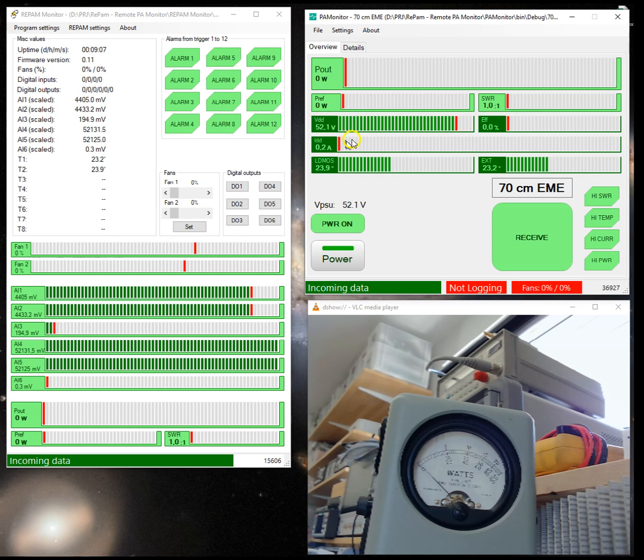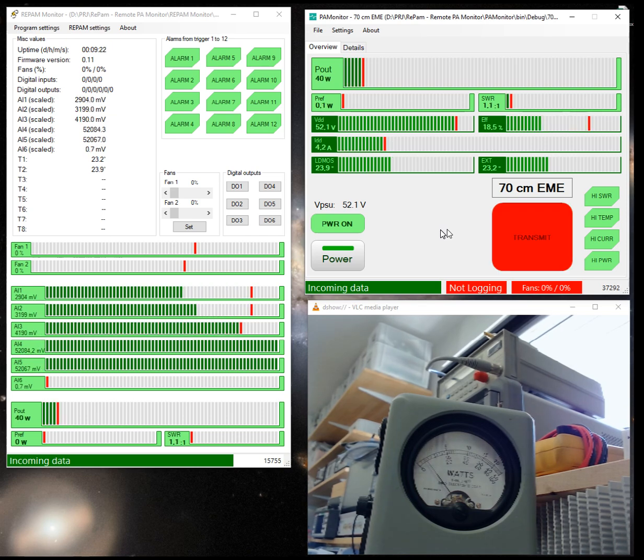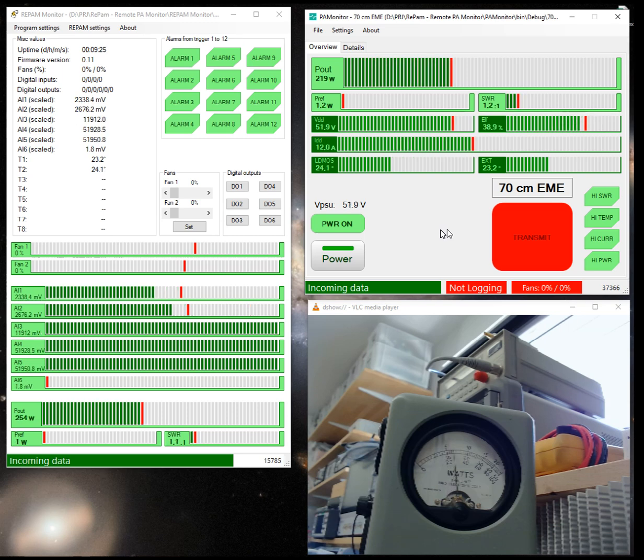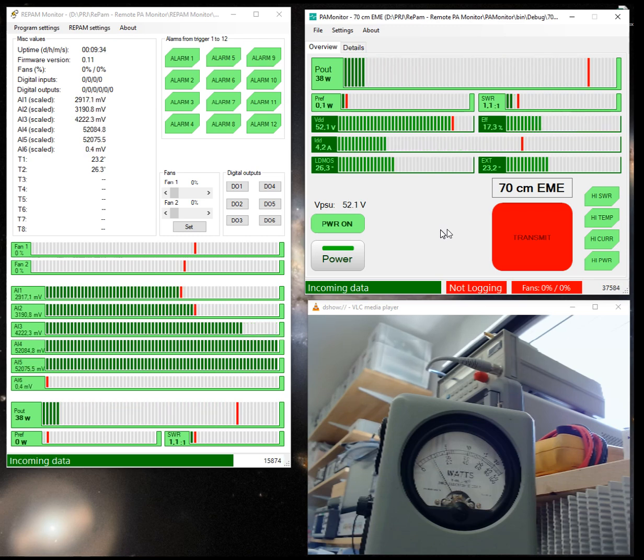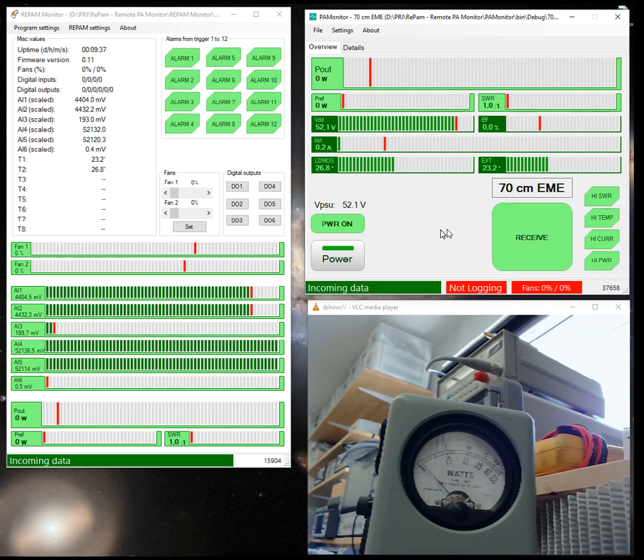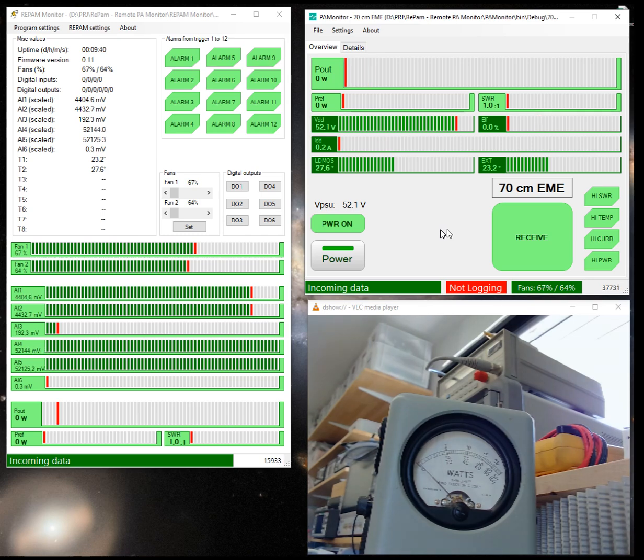You see the VDD on the LDMOS went up to 52 volts, and we are still in receive. So I will go and transmit, activating the PTT, and you see that we have a small power of 40 and so on. We go up to around 500 watts here, and everything is working sweet and nice. So remove PTT again, and you can see the fans started moving. Let's say we have a high SWR alarm,